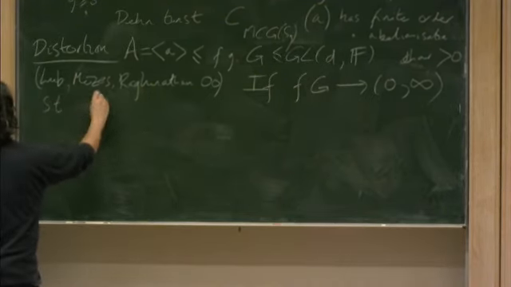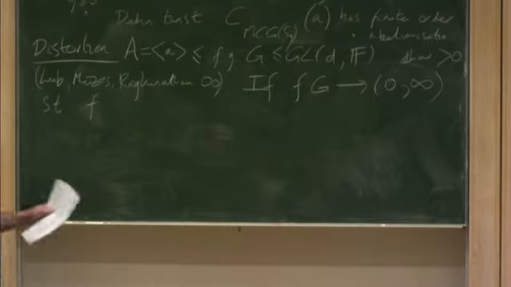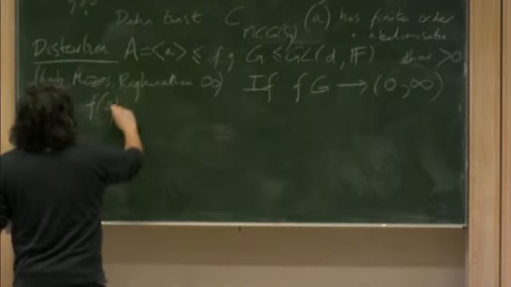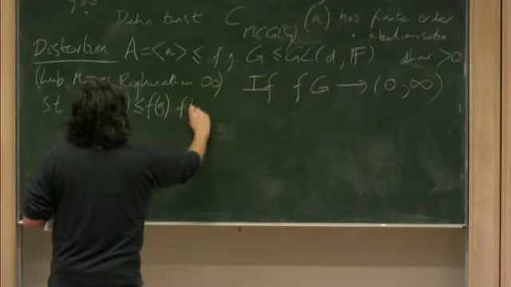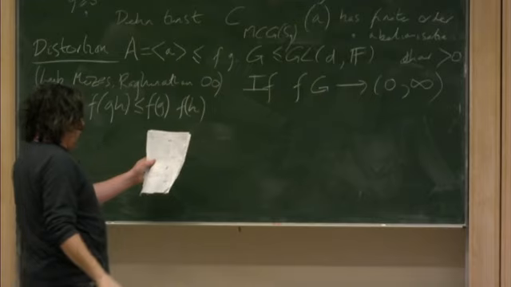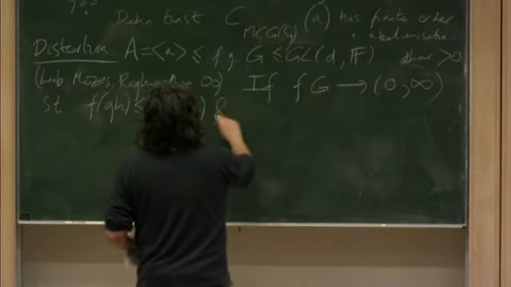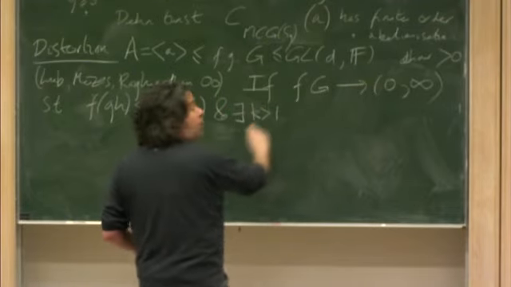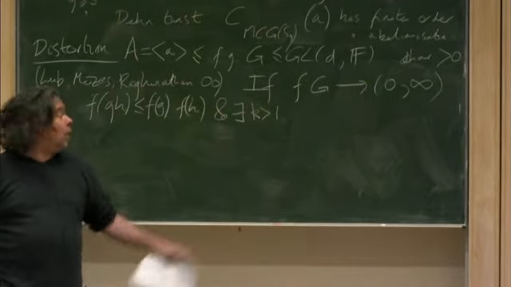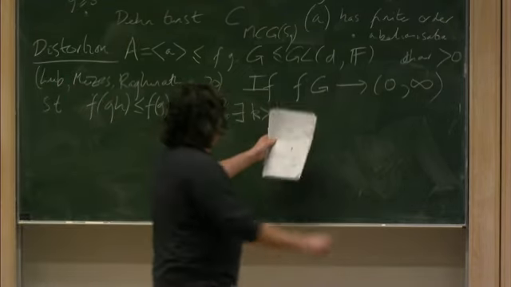You want f to be what I call submultiplicative, so f of a product is less than f of g times f of h, and then the second thing is that there exists a real number k bigger than 1, but maybe only just bigger than 1, so think of it as 1 plus epsilon,